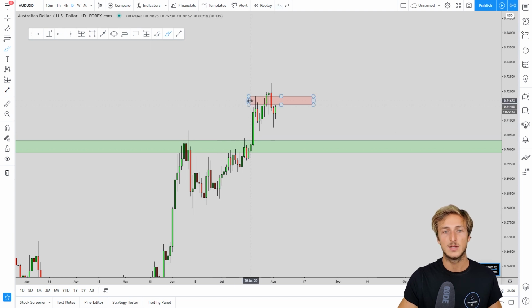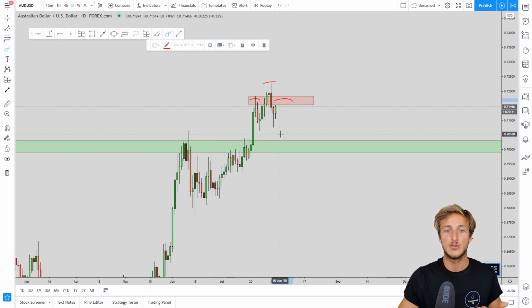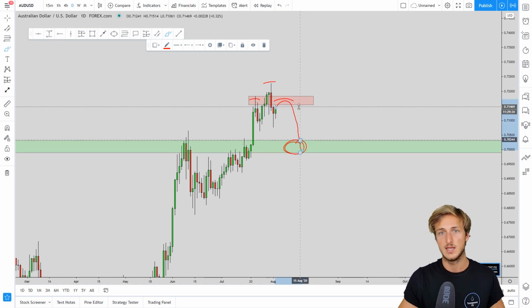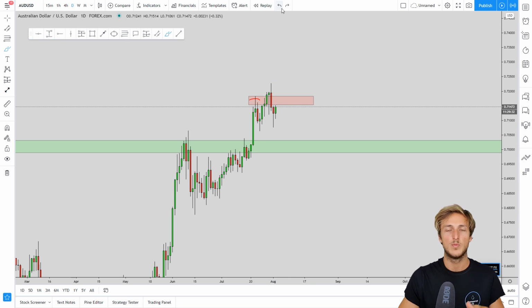So on the daily, we have this bearish pattern. And on the weekly, we want to see the market go and grab some liquidity here. So can we expect this bearish pattern to play out? Absolutely yes. Now, before I show you how we will be approaching this situation with students, let's go and give